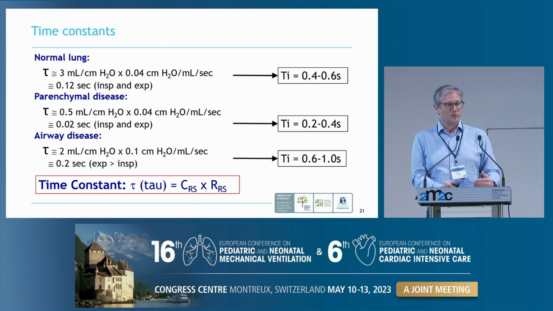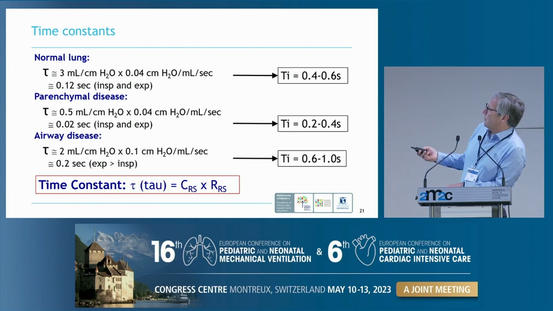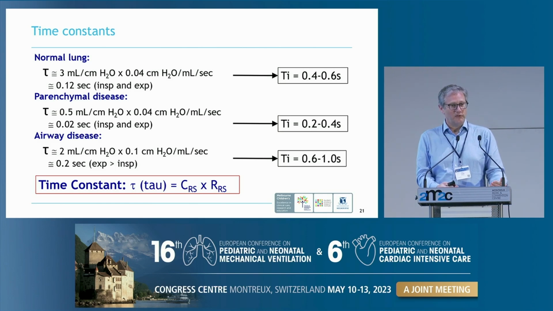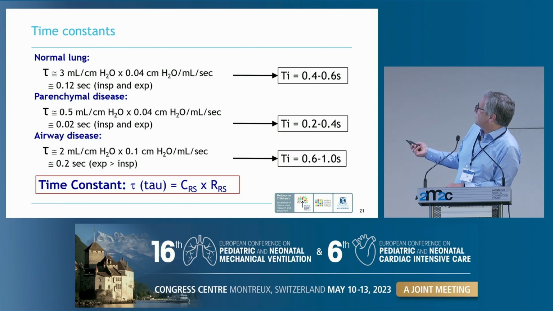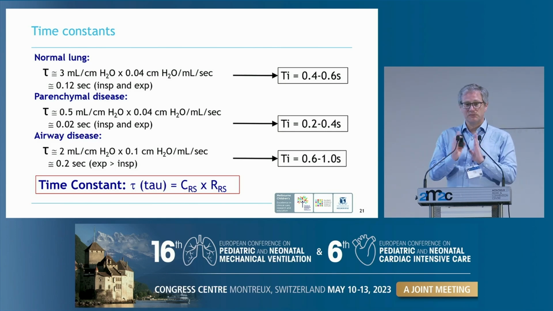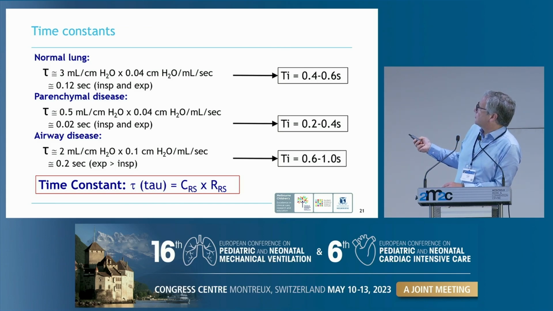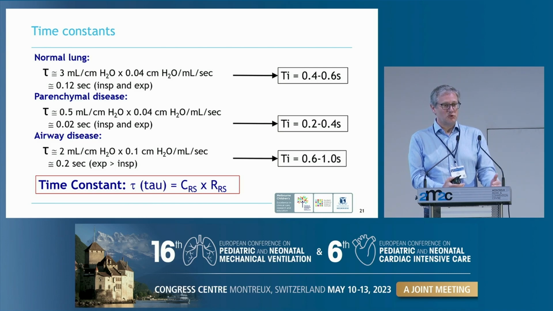So I'm trying to provide some rationale as to why we use these weird I times in the NICU compared to PICU, at least in Australia. If you have parenchymal lung disease like HMD, we've got an impairment of compliance but normal resistance, so our time constant is less. And these very preterm babies with very severe RDS have very short time constants. I would not set my I time at 0.2 of a second, but if you look at these babies in pressure support, sometimes they are doing it by themselves. But you're going to need a shorter I time than you would for a normal lung. You can now see why we use these very short I times.